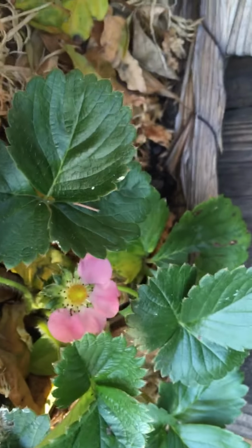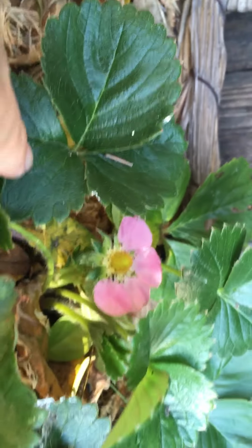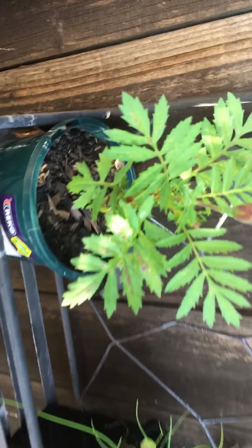And up here, it's a cherry plant. I think I bought it for $3-4, and it's doing its work keeping the aphids away. Anyway, so that's about ready to turn into a strawberry. We've already had 2 strawberries from this plant, which is great. And another one,